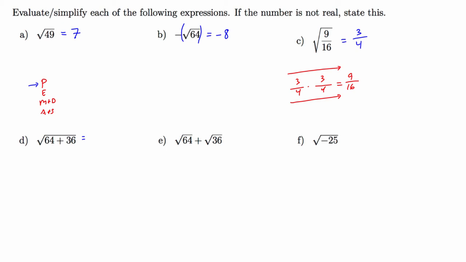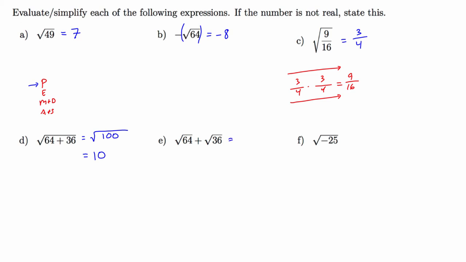We need to take care of what's inside of the grouping symbol, the 64 plus 36, first. 64 plus 36 is 100, and that must happen before we start to evaluate the radical itself. And now, the principal square root of 100 is 10. In Part E, we have the principal square root of 64 plus the principal square root of 36. While we do have some similar numbers and symbols as we had in Part D, the order of operations is